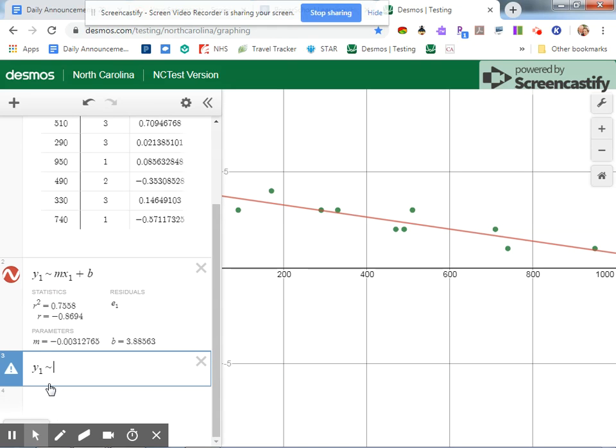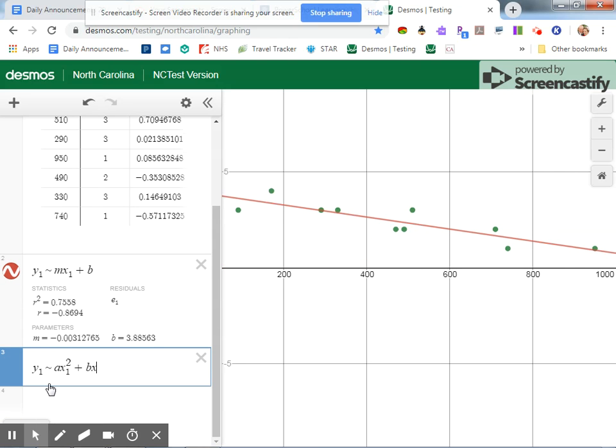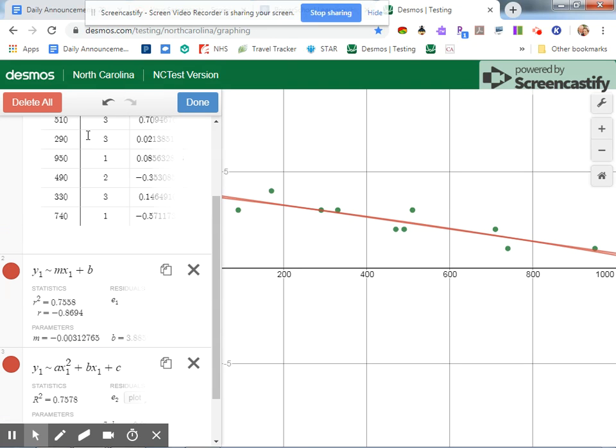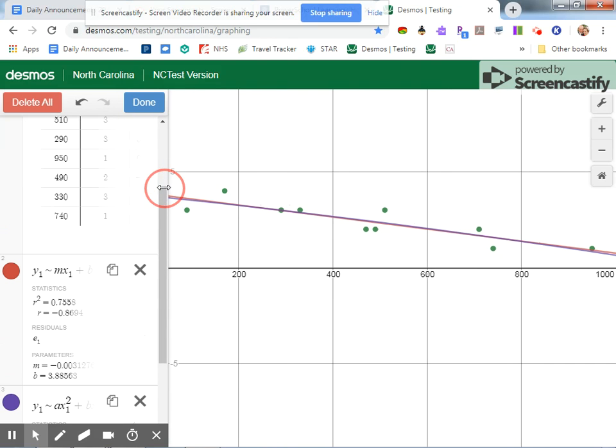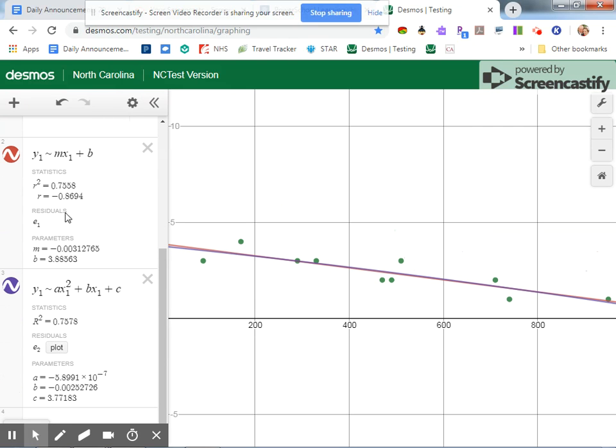So let's put in the quadratic model, a x1 squared plus b x1 plus c. You can change the colors of your lines. Purple looks good. Okay, so there's a quadratic model for this one. For this limited amount of data, it's actually very close to the linear model. If we compare the residuals here, they're pretty comparable